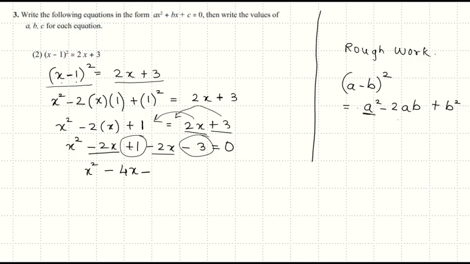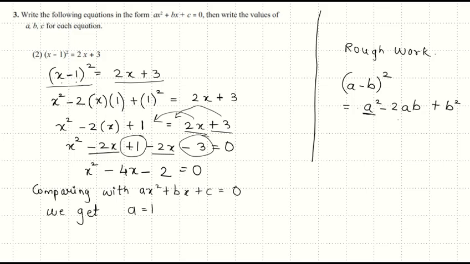Sign of the bigger number is minus. Plus into minus is minus, 3 minus 1 is 2, is equal to 0. So here we got the final or the general form of the equation. So comparing it with ax square plus bx plus c is equal to 0, we get